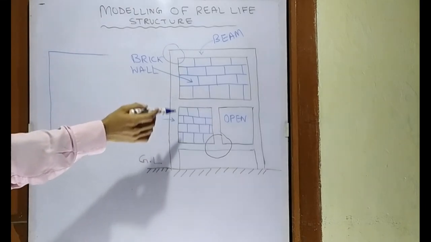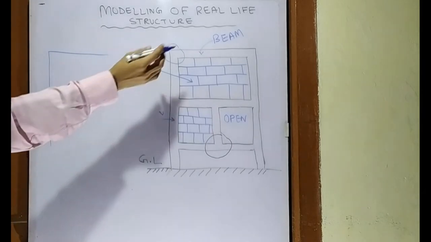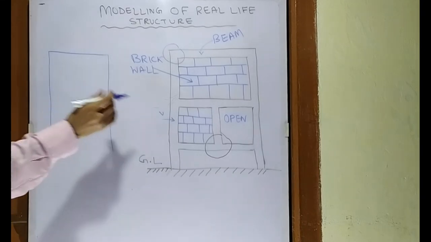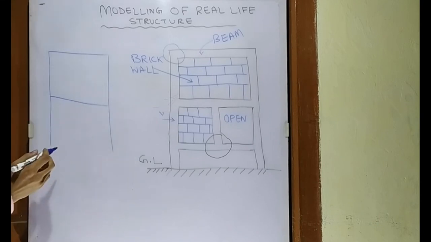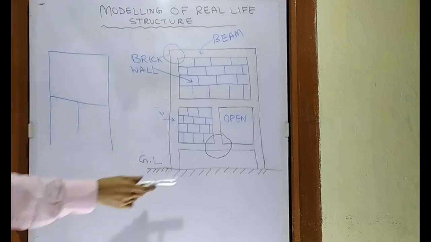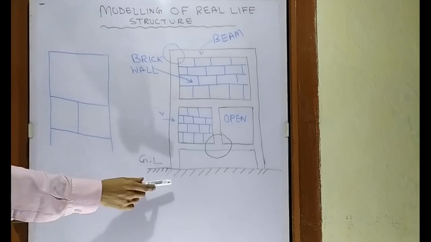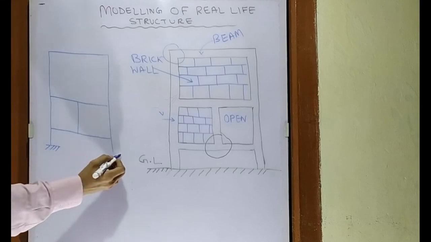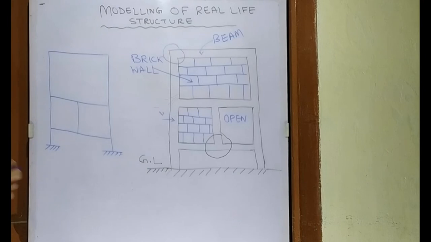This is a column, this is a column. So we will come here, and there is another column on the other side, so we draw it like this. There is another beam here, so we draw this beam like this, and there is a column, so we draw this column. And there is another beam, so we draw this beam as well. We have discussed that we will consider the support condition as fixed. So this is the fixed support condition.